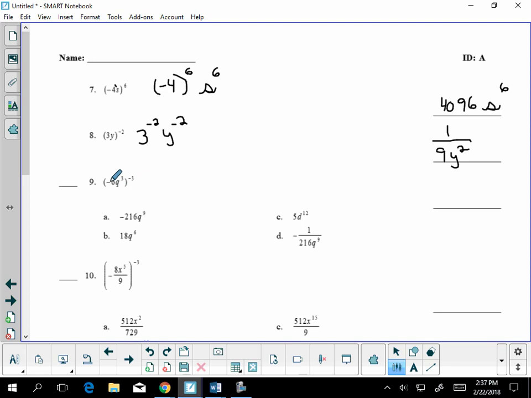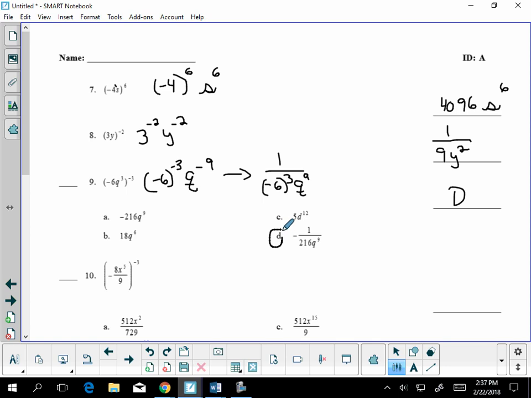On number 9, I'm going to take that negative 3 and apply it. So it's going to be negative 6 to the negative 3, q to the negative 9. And again, we don't like those negative exponents, so they need to change location. And when they change location, they become positive. So negative 6 cubed, q to the 9. And I would use my calculator to figure out what negative 6 cubed is. It's negative 216. So the answer to number 9